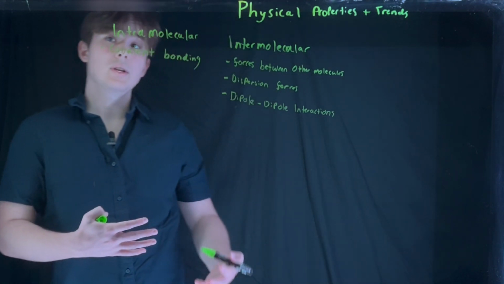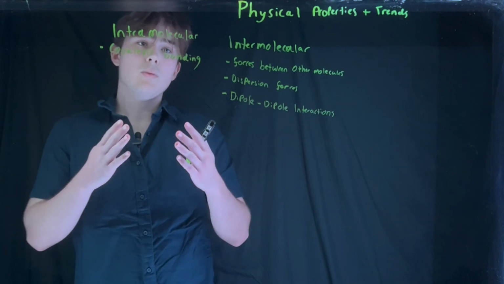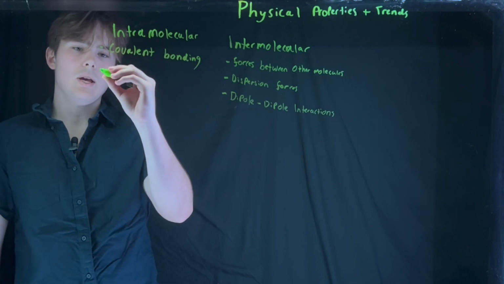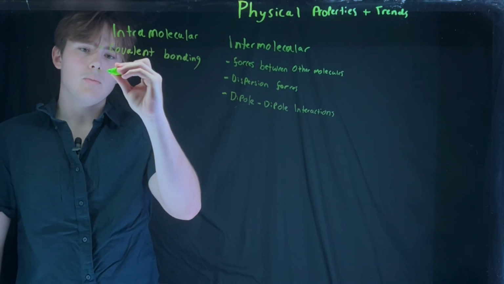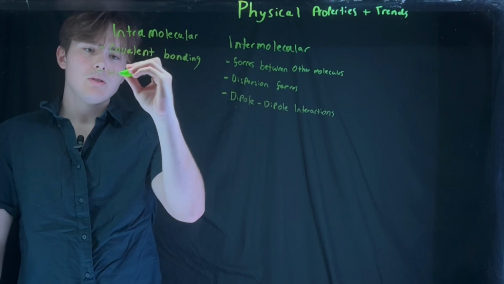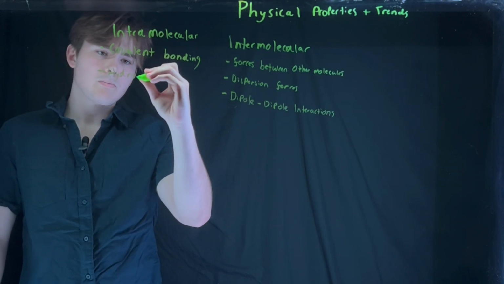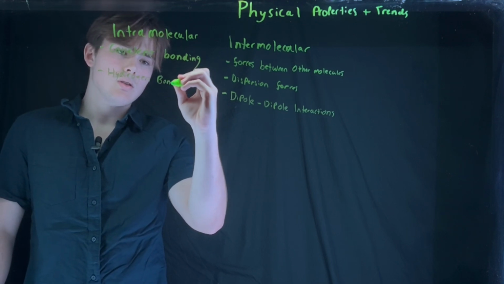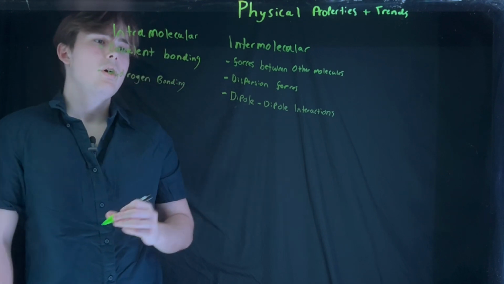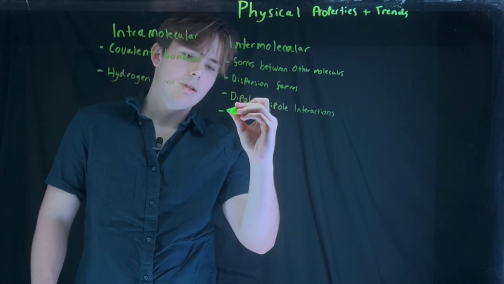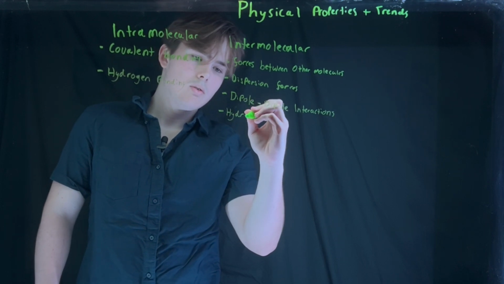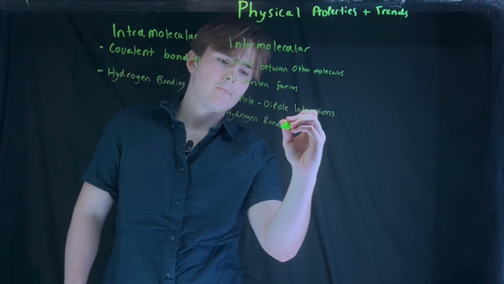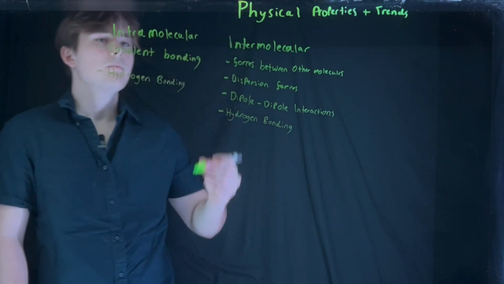Now I'm going to put hydrogen bonding here because it happens both intramolecular and intermolecular, so I'm going to put it in both. Hydrogen bonding can be a type of covalent bond, but it's when hydrogen bonds with oxygen, fluorine, or nitrogen. So that's hydrogen bonding, and it can also cause intermolecular forces as well. Alright, so that's our intra